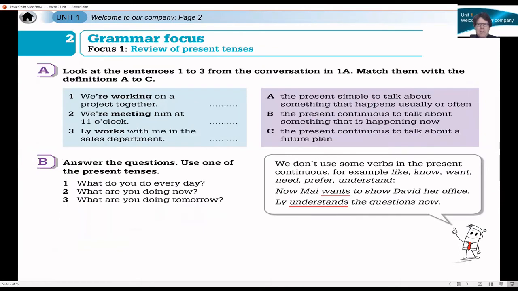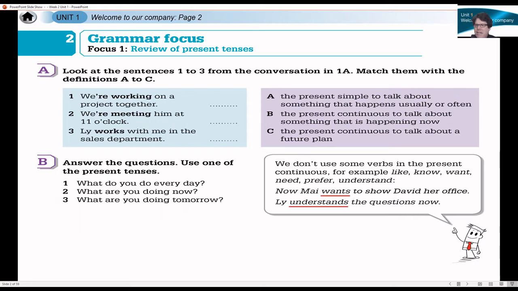So starting with page 2, grammar focus. This is a review of something you should already know. This is one of the first things you learn in any English class, present tense. Okay, this should be really quick, but look at the sentences 1 to 3. This is from a conversation, and match them with the definitions A to C. So I'm going to read only A, B, C. All right, so